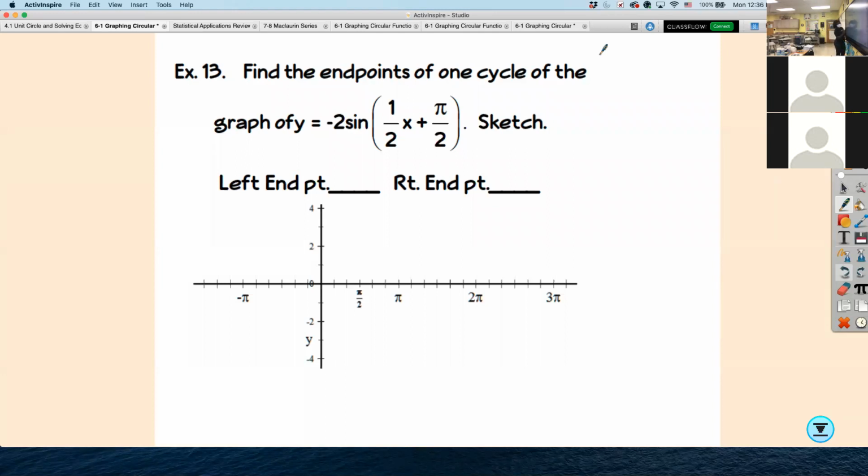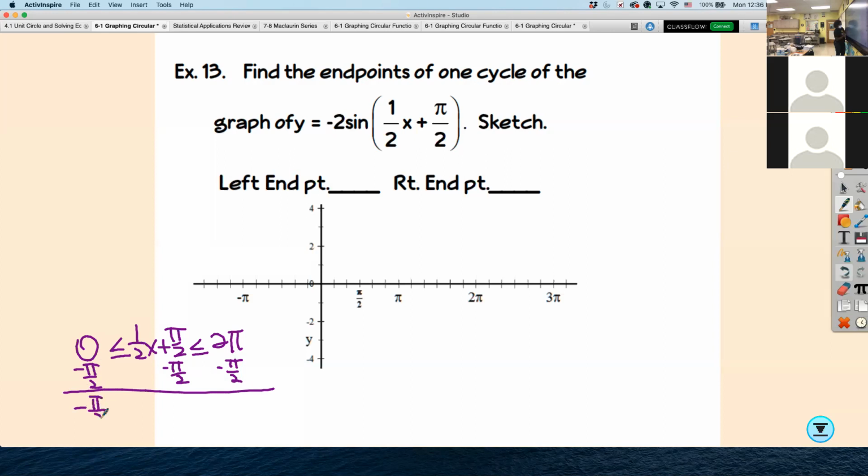So remember, normally the cycles start where and end where? At 0. Very good. But now with this 1/2 x plus pi over 2, we have to take that into account. So we can just solve this compound inequality. Whatever's inside the parentheses goes in between the inequalities. So we're going to subtract pi over 2 from each side. So it's going to give me negative pi over 2 is less than or equal to 1/2 x, which is less than or equal to